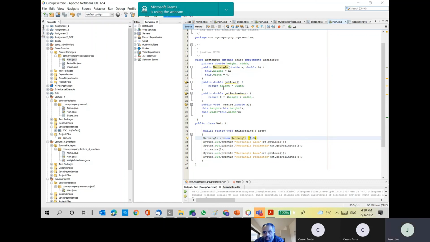And then I implement the abstract methods in the abstract classes, and the resize one, which is from the interface. I also implement it, which is taking x and multiplying the height and width by x. And now, if I go to